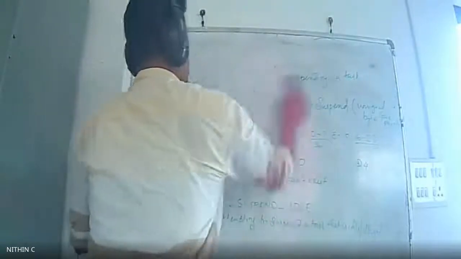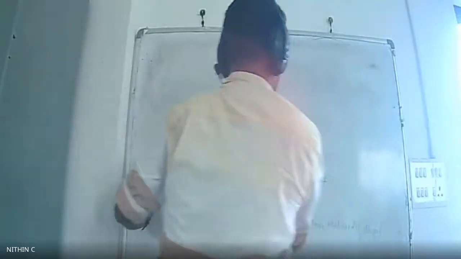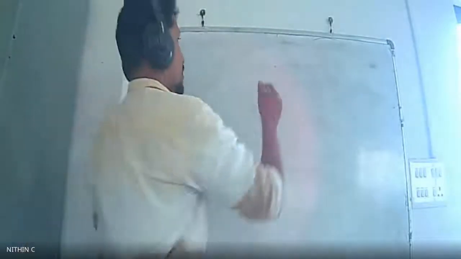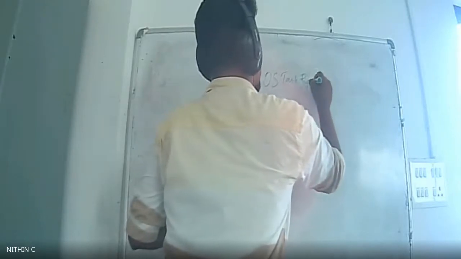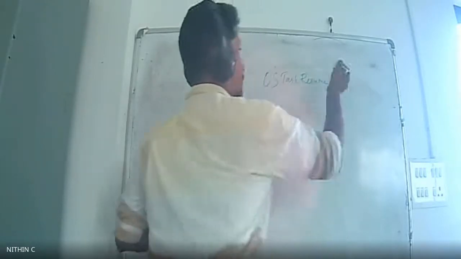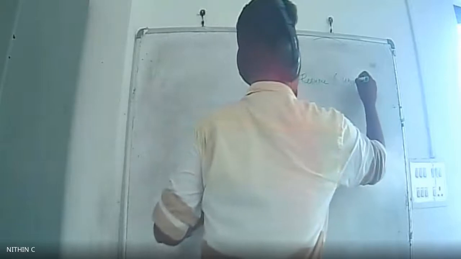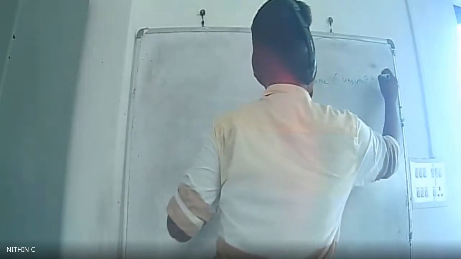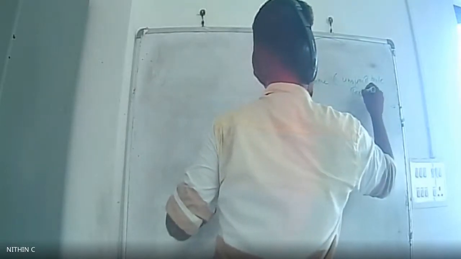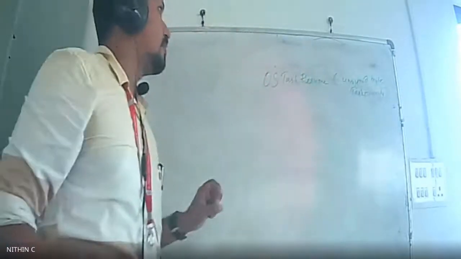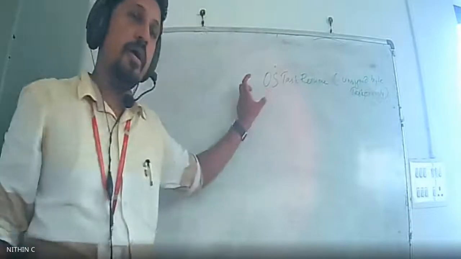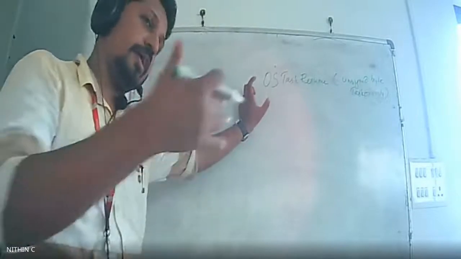So that was all about suspending a task. The next one, as I already mentioned, is OS task resume. In brackets, you will have the priority, an unsigned byte, the task priority. This is for resuming a particular task that is already blocked.